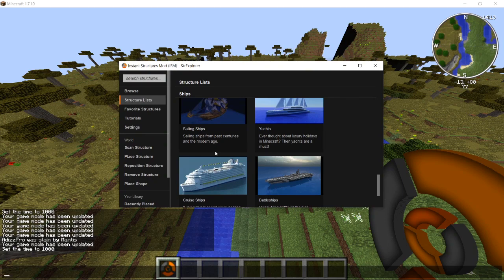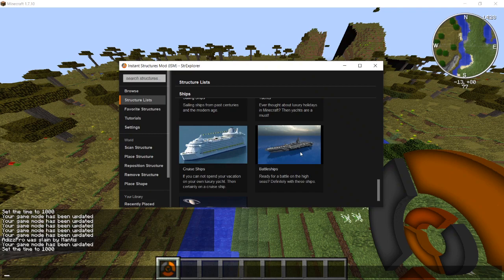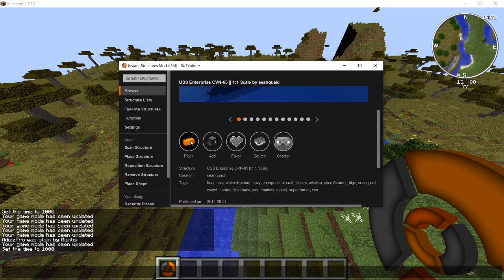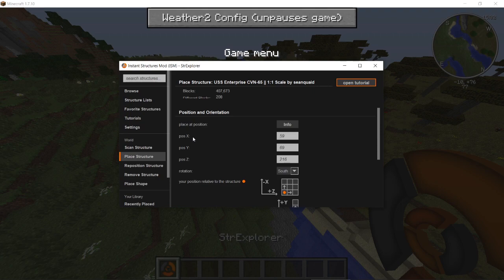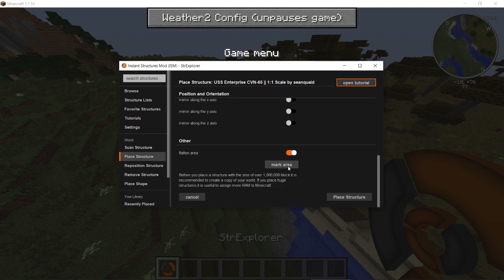You can choose all these different structures to spawn in. So say you want to spawn in a battleship. Click on it and click on the picture, go down here and hit place. Then after that you're going to go over to place structure, scroll down and hit place structure. But before that you want to make sure that it spawns in the right place so you don't break anything. So just go through all these settings and get them in the right area. You can even mark out the area where it's going to spawn in, and then when you're done with that,